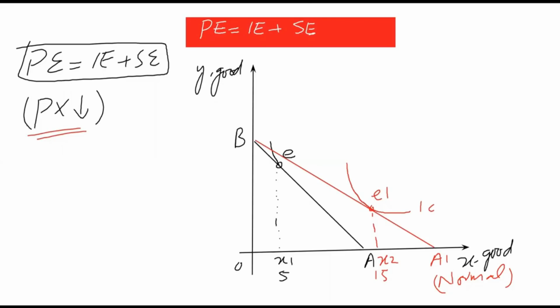Another very important piece of information here: if the budget line shifts from BA to BA1, it shows an increase in the purchasing power of the consumer. If we keep the purchasing power of the consumer constant, then there will be a substitution effect showing a complete leftward, parallel shift in the budget line. Now the budget line was BA, which is the red line, and it will shift from BA2